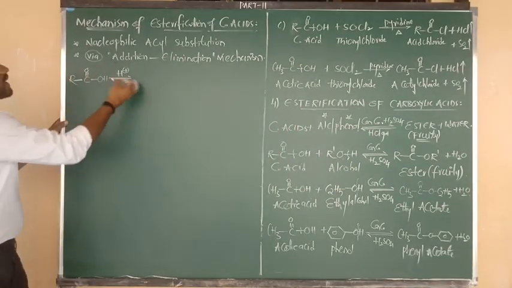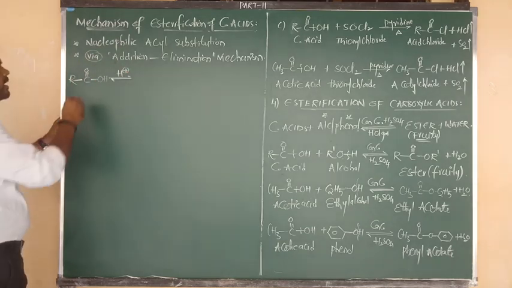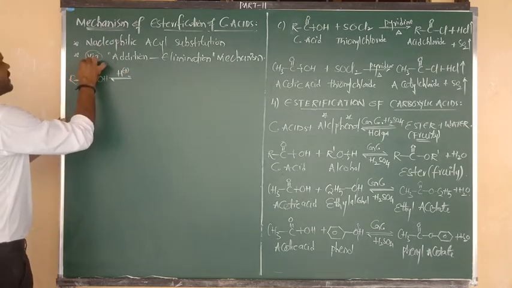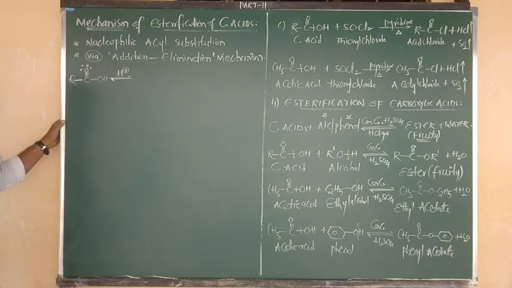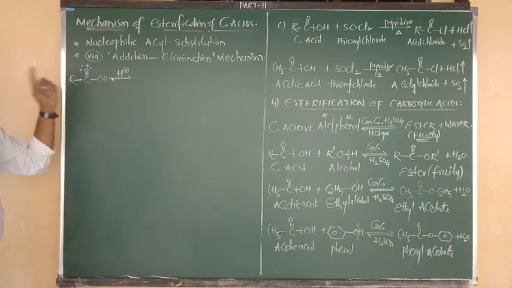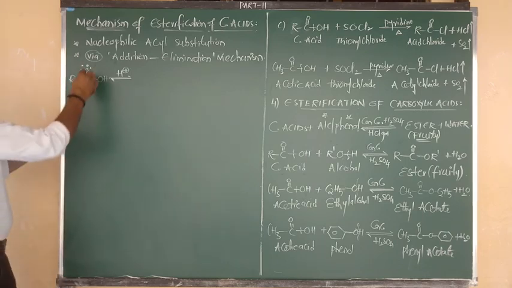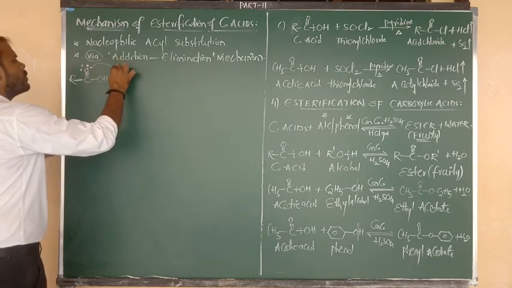Good. So where does the proton have to attack? Oxygen here contains 2 lone pairs, and this oxygen also contains 2 lone pairs, but this is the double bonded oxygen, which is more reactive, and that is the functional group oxygen. So by using one of the lone pairs, we are making a new bond with the proton.